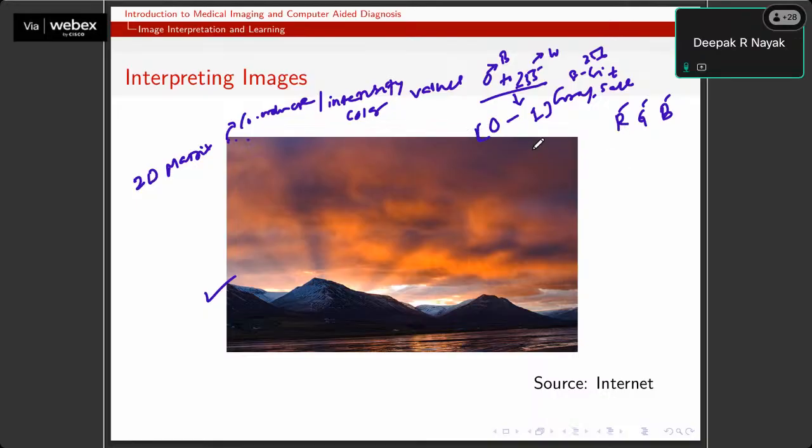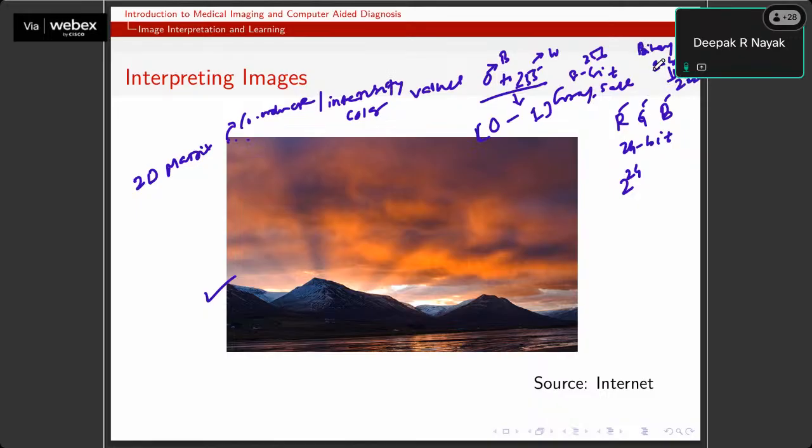So we have just talked about 2 different types of images, and there is something called a binary image, right? A binary image is a 1-bit image, and RGB is a 24-bit image, with 8 bits for each of the channels. In total, it is 24-bit, and the number of colors possible in this case is 2 to the power 24. For 1 bit, it is 2 to the power 1, which is 2, which is nothing but black and white.